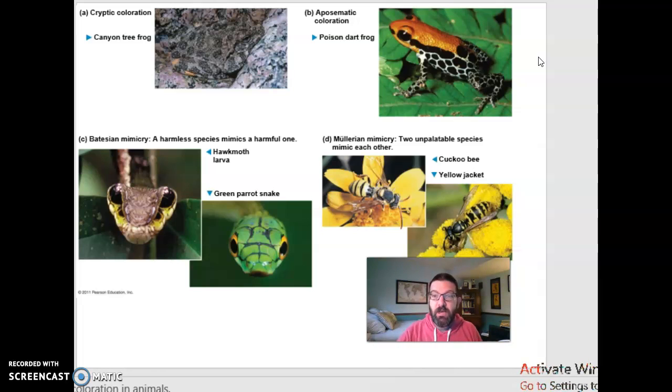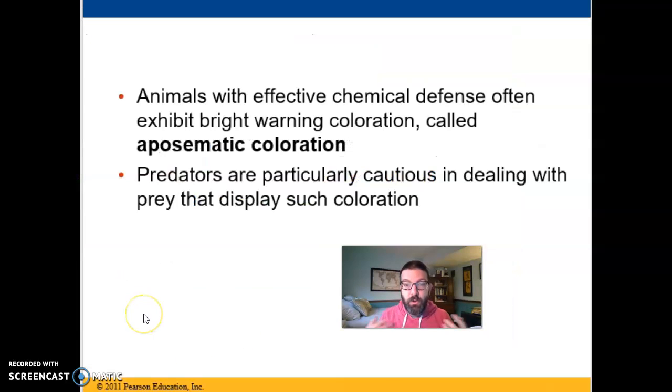And organisms either have learned this from bad experiences and they remember that color, or sometimes they've evolved an aversion to that color over time because ancestors that avoided the coloration did better. And this is called aposematic coloration. And then we'll talk about a couple kinds of mimicry as well here in a moment. But aposematic coloration is this bright warning coloration that you often see in organisms that have some sort of effective chemical defense. So again, your poison dart frogs, or things like